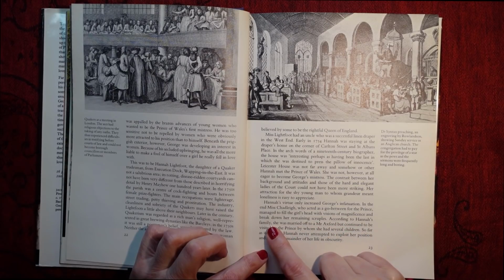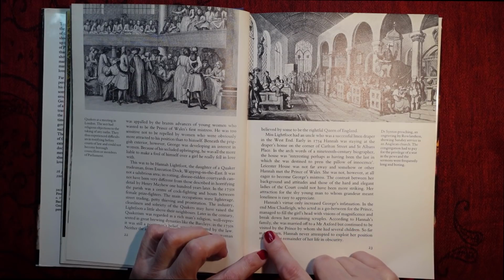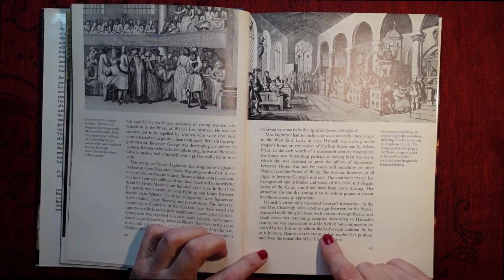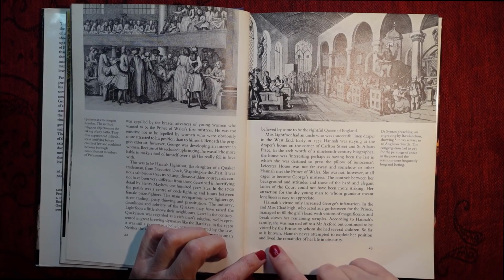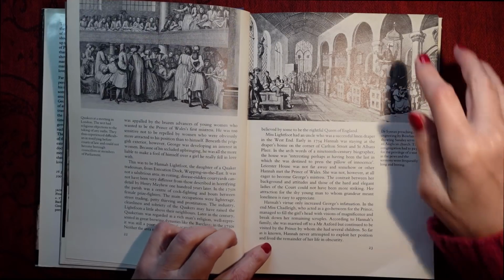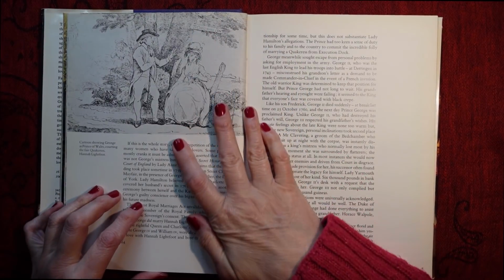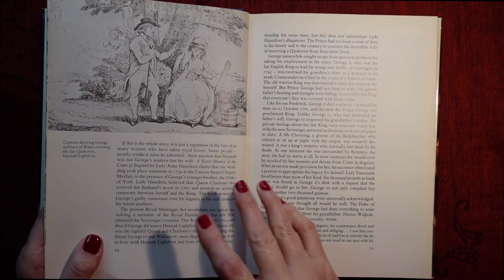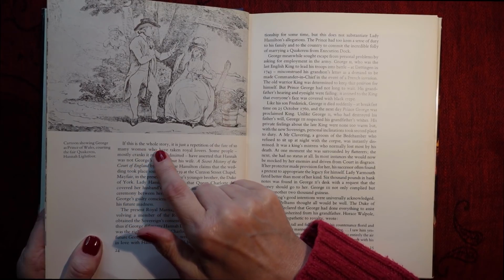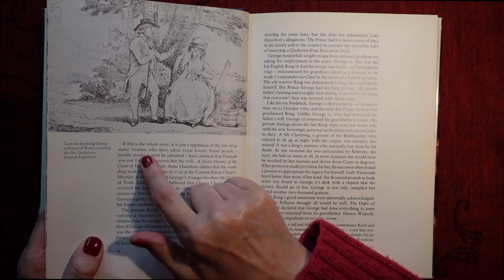According to Hannah's family, she was married off to a Mr. Axford, but continued to be visited by the prince, by whom she had several children. So far as is known, Hannah never attempted to exploit her position and lived the remainder of her life in obscurity. If this is the whole story, it is just a repetition of the fate of many women who have taken